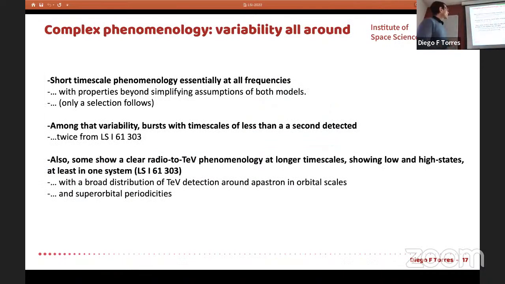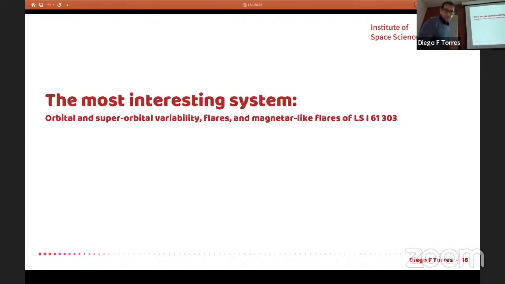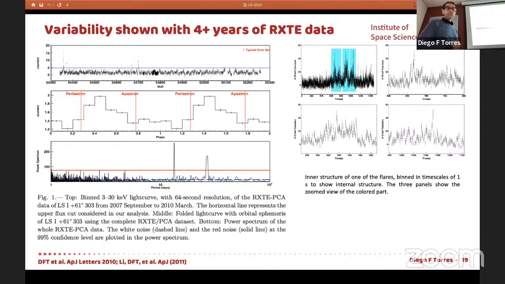So there is a complex phenomenology, and there is variability all around at all time scales. For instance, we have short timescale phenomenology that I will show, and we will also have bursts that I will show in a minute. So the most interesting system of these gamma ray binaries has always been this LS I +61 303, because it is very complex to understand. This is, for instance, coming from a paper that I put forward in 2010 and then in 2011,